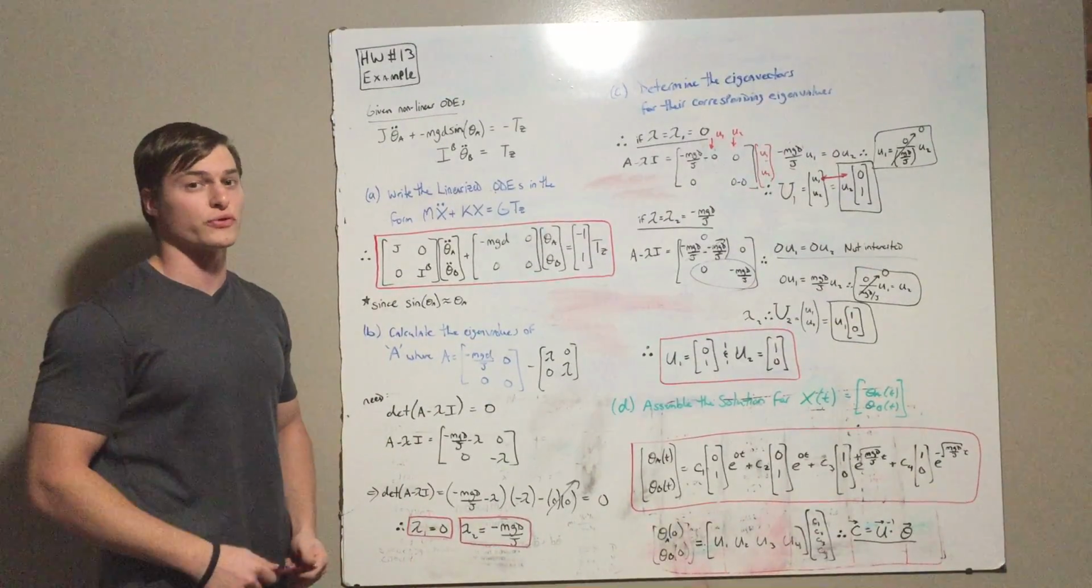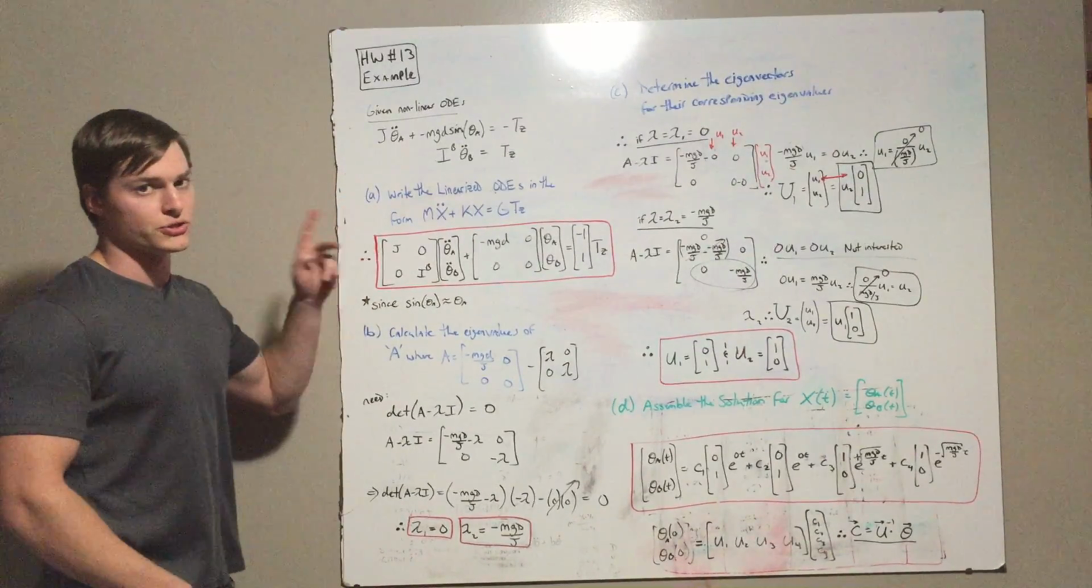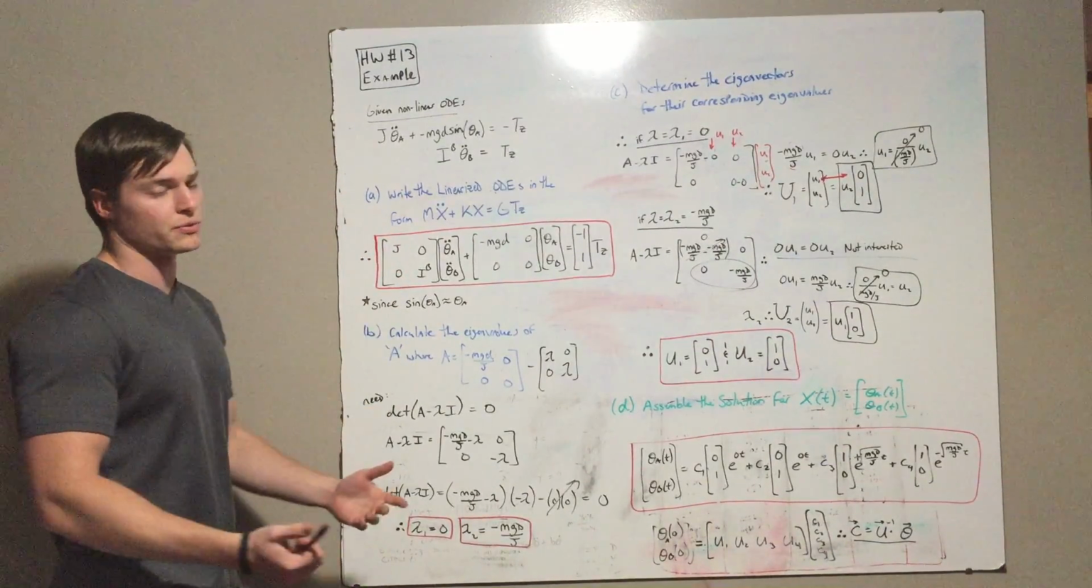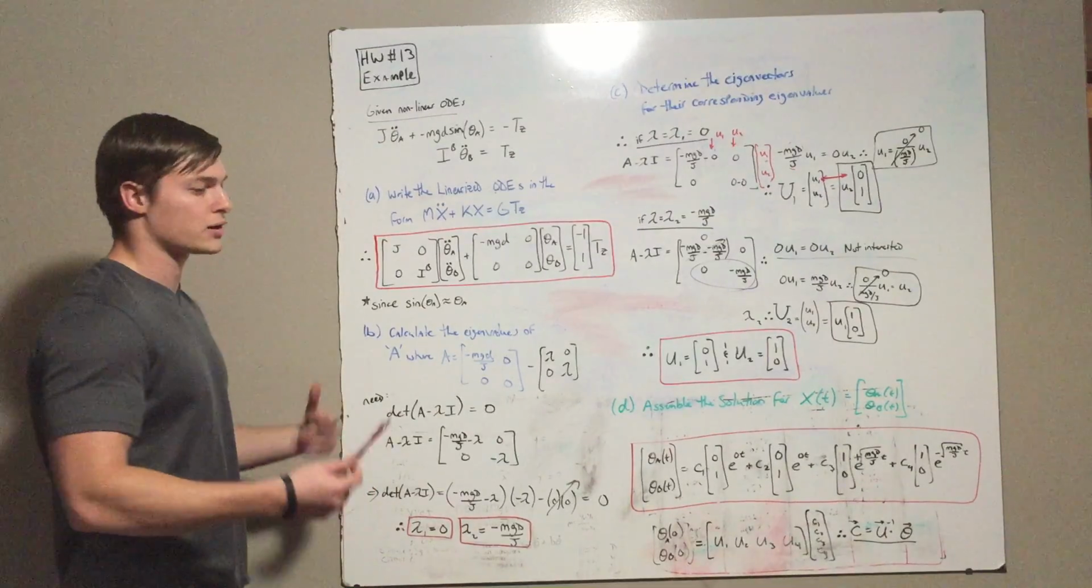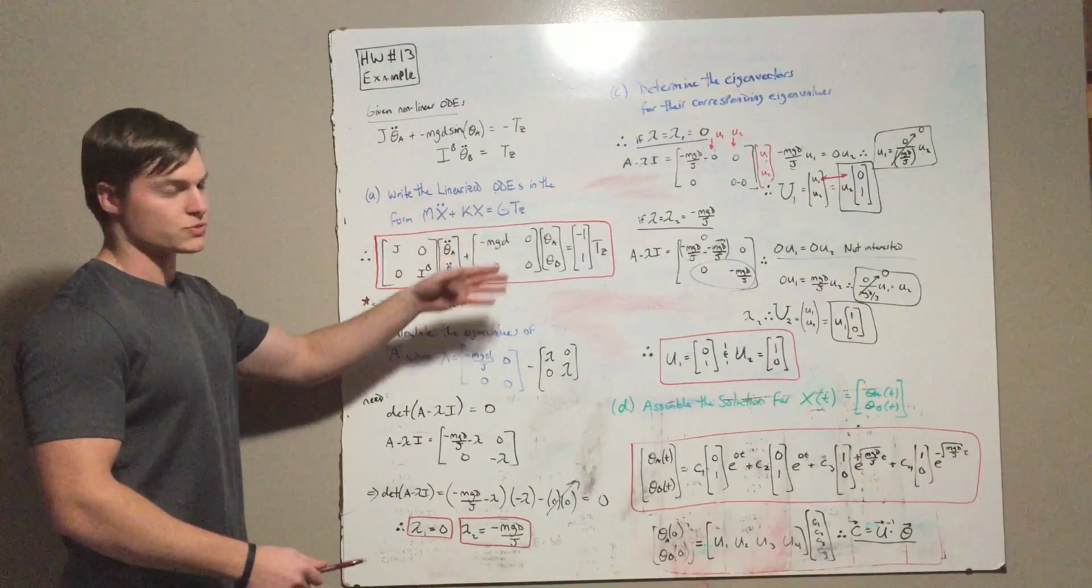As an example for homework number 13. In this particular problem, we've got two coupled nonlinear sets of ODEs. The first thing we want to do is figure out how to linearize these ODEs and then put them in a form similar to this, where previously we had